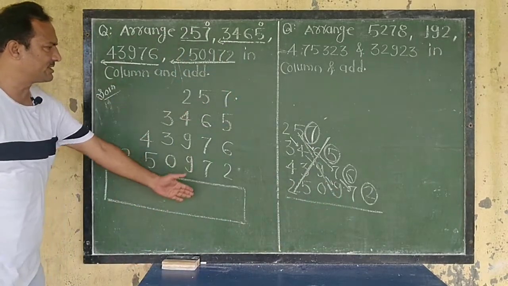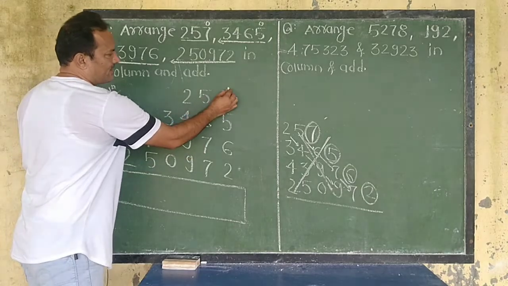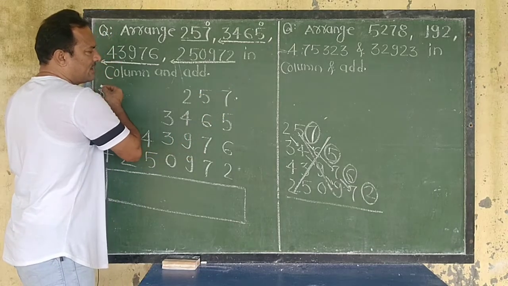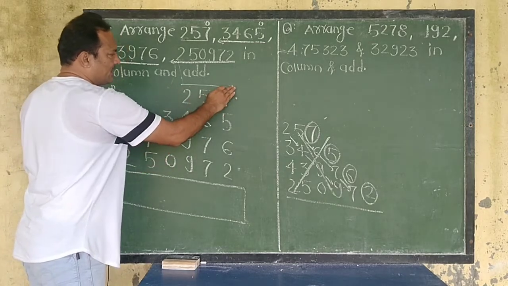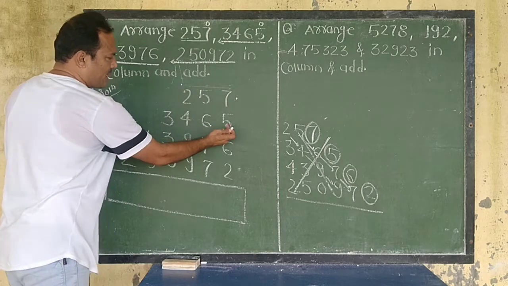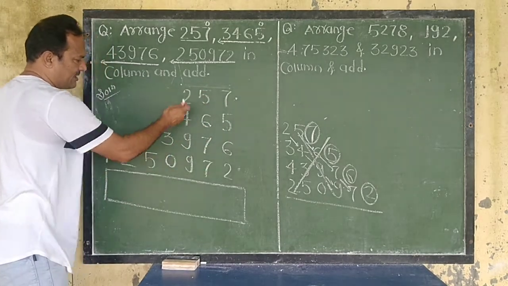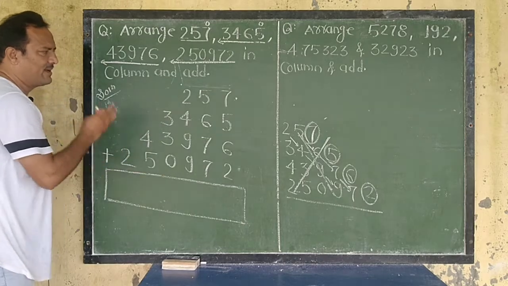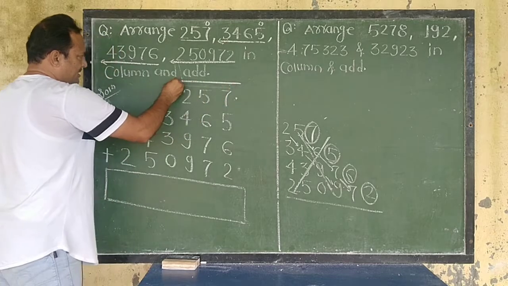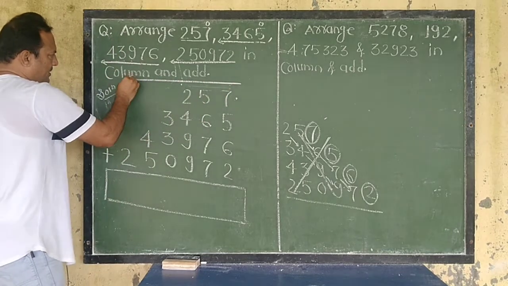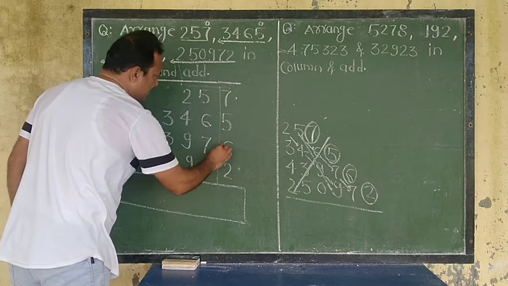Then arrange in this way. If you want, the first number directly starts from 7, 5, 2 like that. Write the first number only. The second number you always start to write from this side to this side, exactly ones, tens, hundreds, thousands, ten thousands, and lakhs. Then we start to add from this side to this side. Then we have to add all these digits.